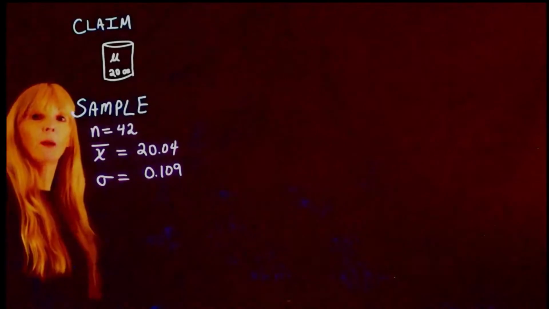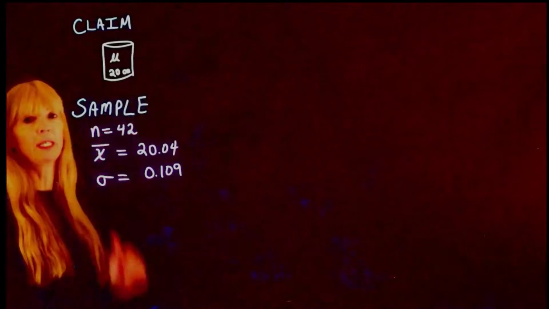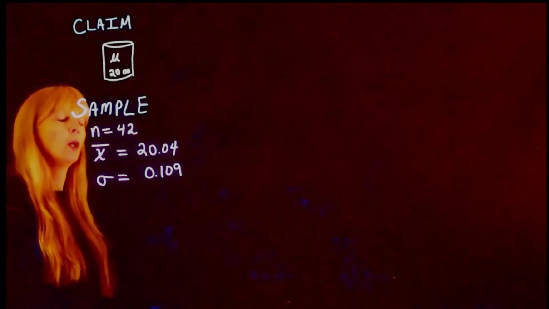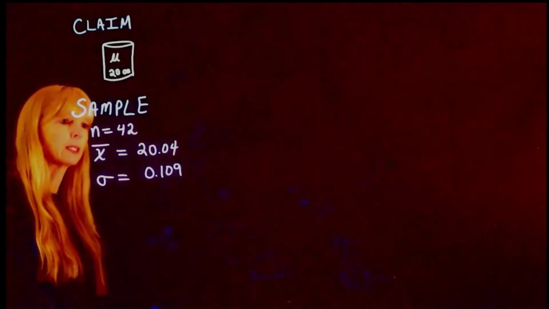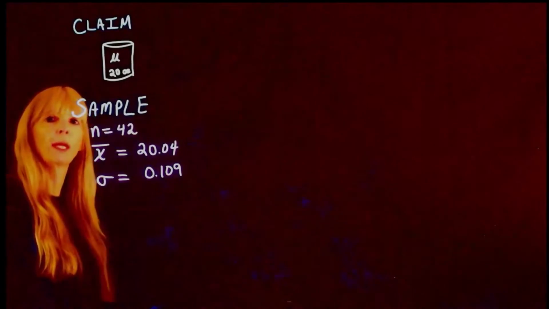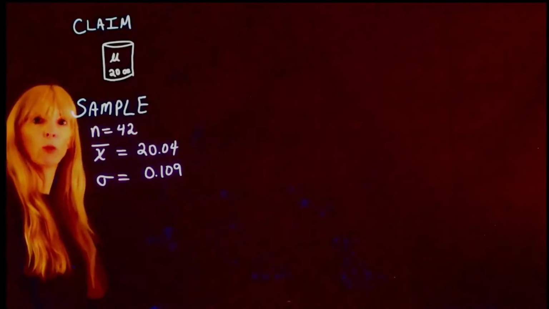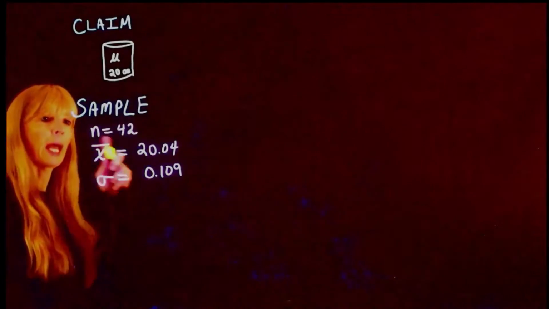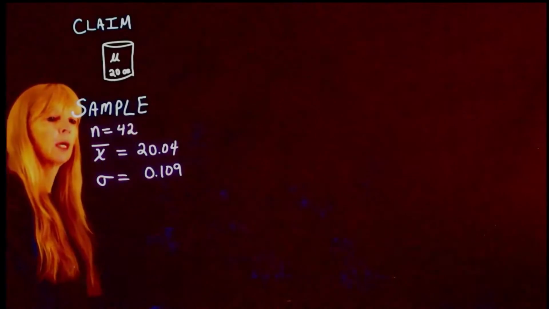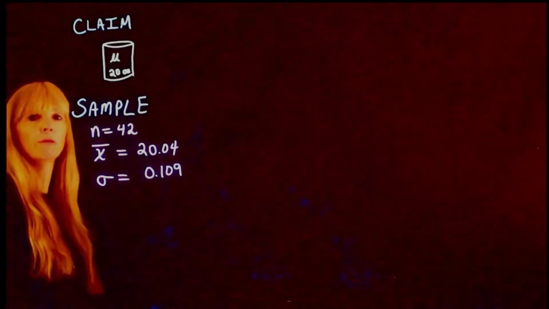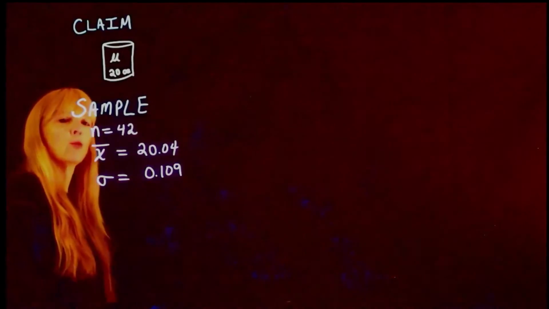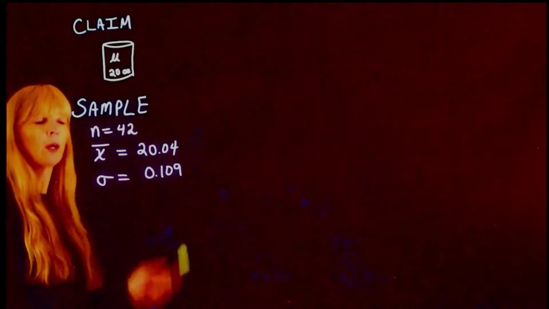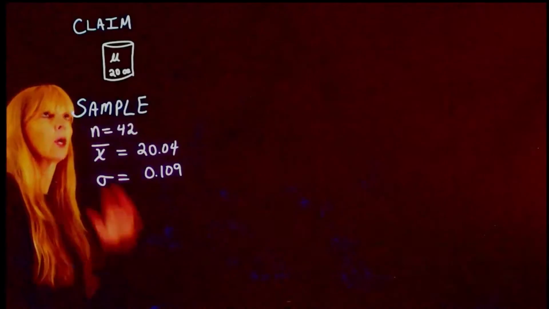Okay, so we have a company that states that they have these cans of, I don't know, let's say soda, that holds 20 ounces. Well, quality control comes by and says, no, we think you're putting more than 20 ounces in these cans, and we want to check that. So what they end up doing is they take a sample, and we've sampled 42 cans, and found a sample mean of 20.04. So given a population standard deviation, we want to know, is that really probability-wise way more than